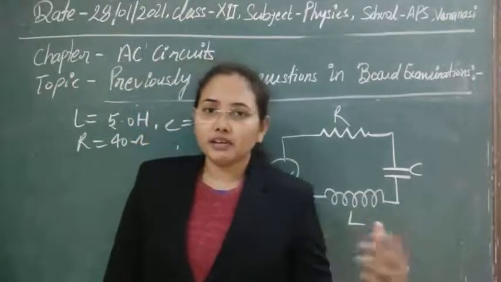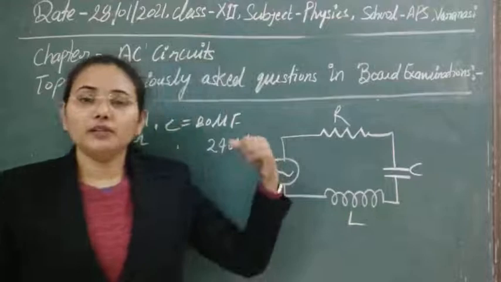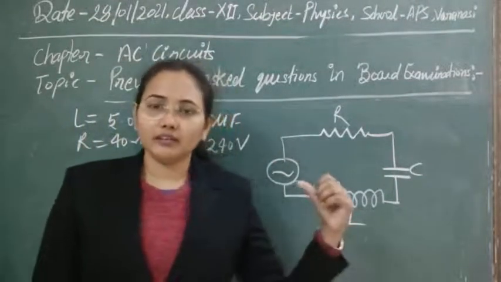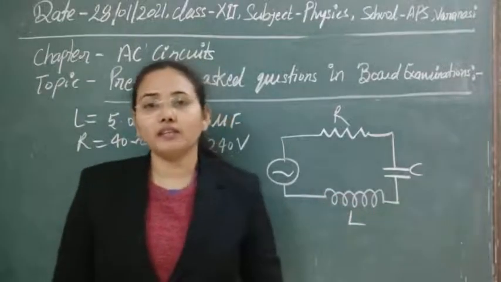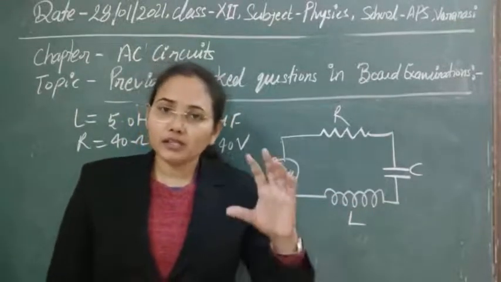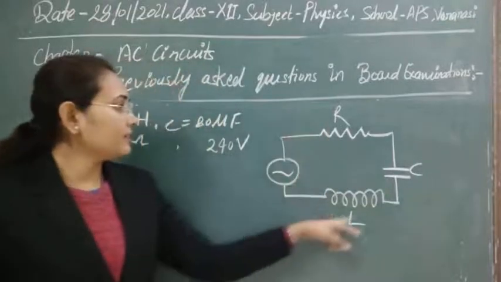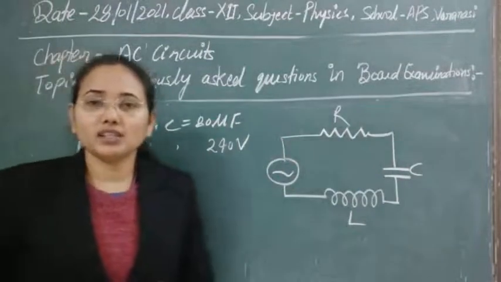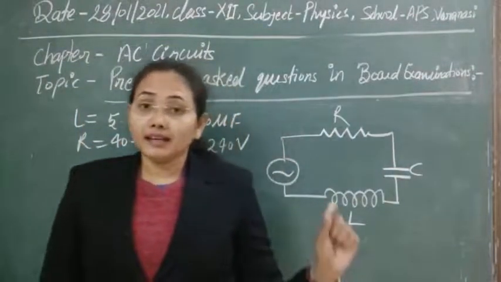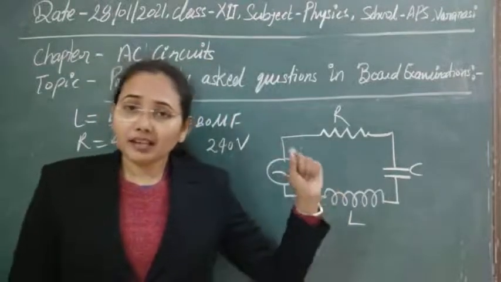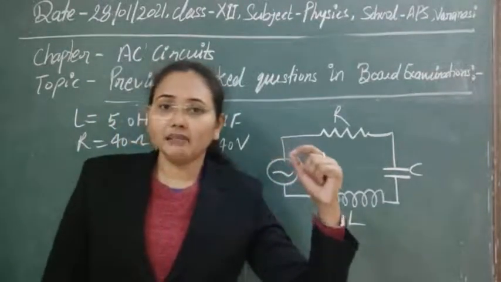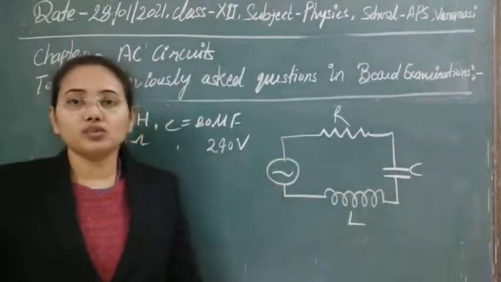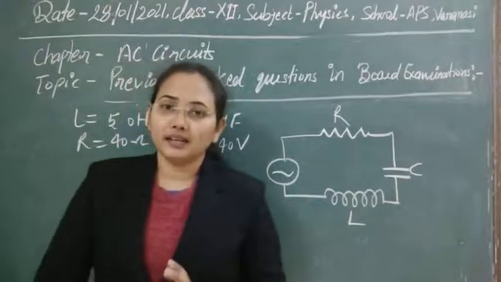During the oscillation, whenever we change the frequency of the external source, a time will occur when the frequency of the source becomes equal to the frequency of oscillation of the whole body. Or if you take the example of an LCR circuit, it has its own frequency, and at any time when the frequency of the system becomes equal to the frequency of the source, that condition is known as resonance.